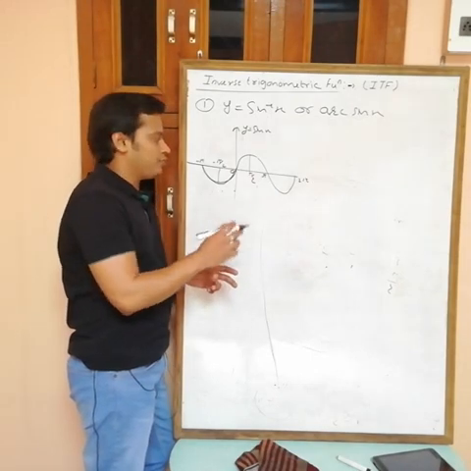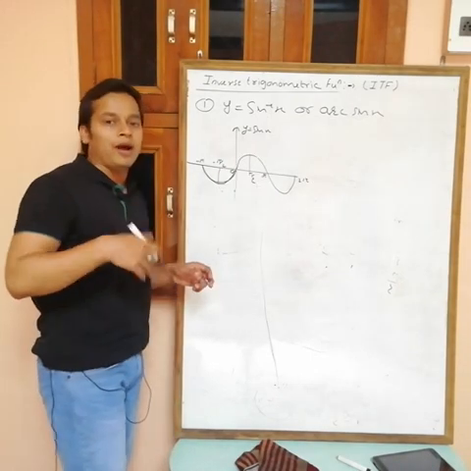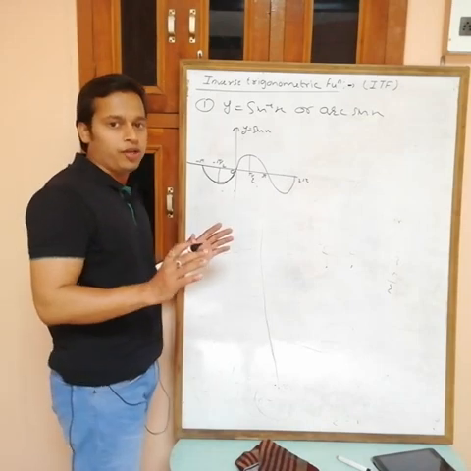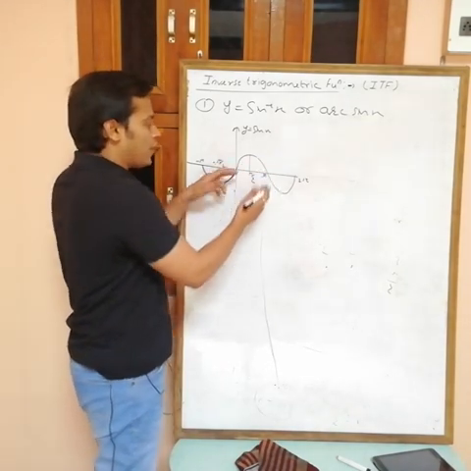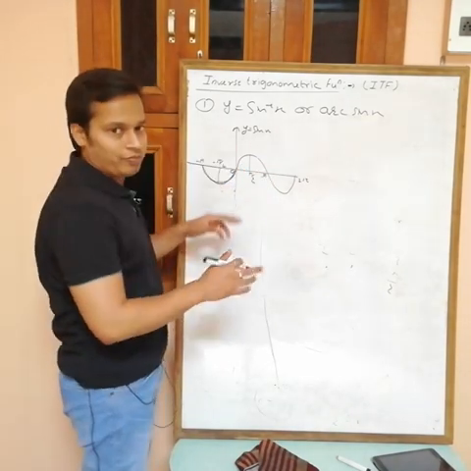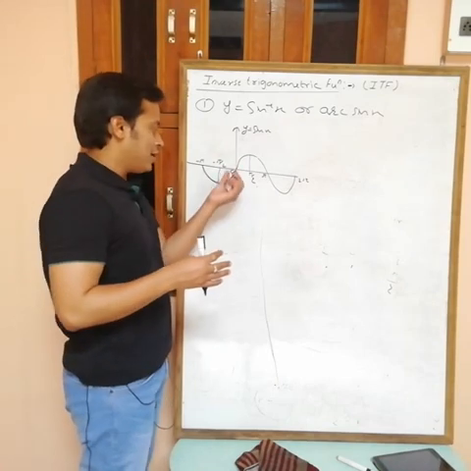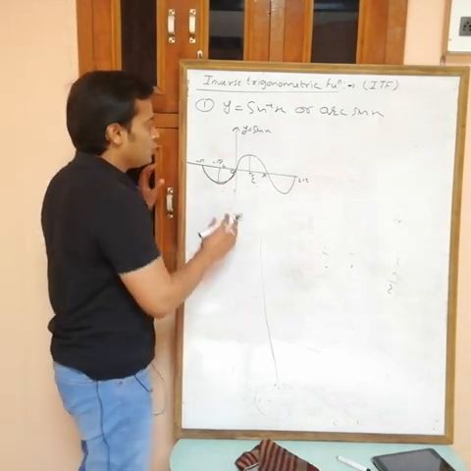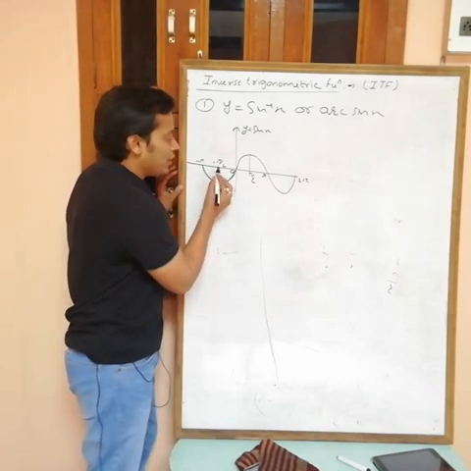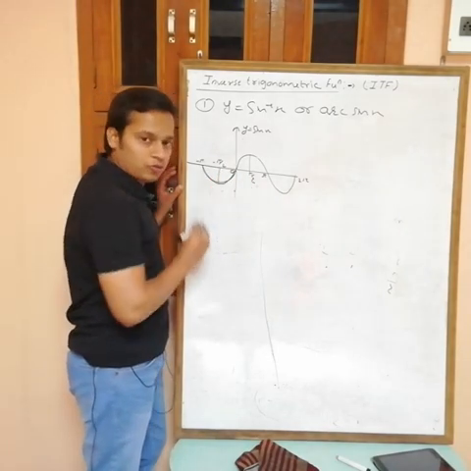Okay. So we can't take 0 to pi. If you take minus pi by 2 to plus pi by 2, then okay. And also in 0 to pi, this can take only values from 0 to 1. But we want all possible values, na? There are also some negative values. So for redefining this function, I am taking the interval from minus pi by 2 to plus pi by 2.